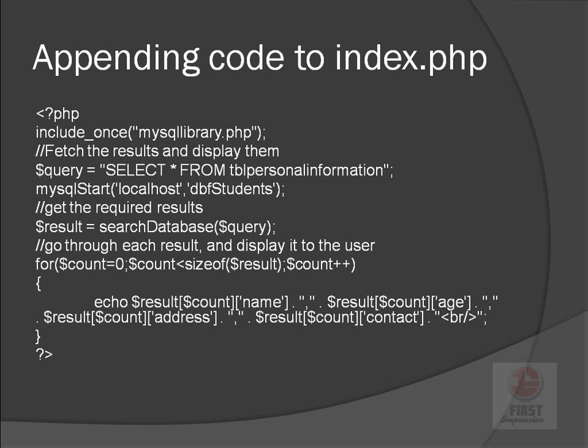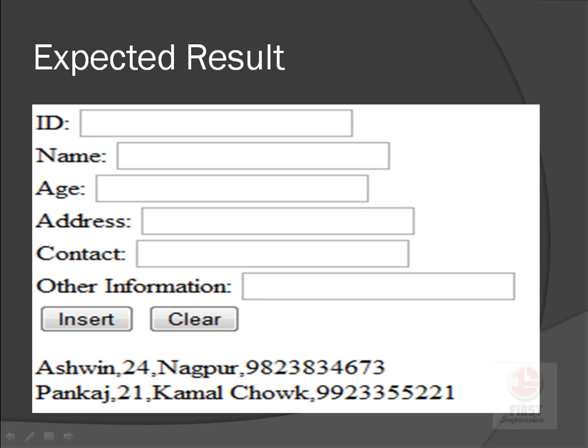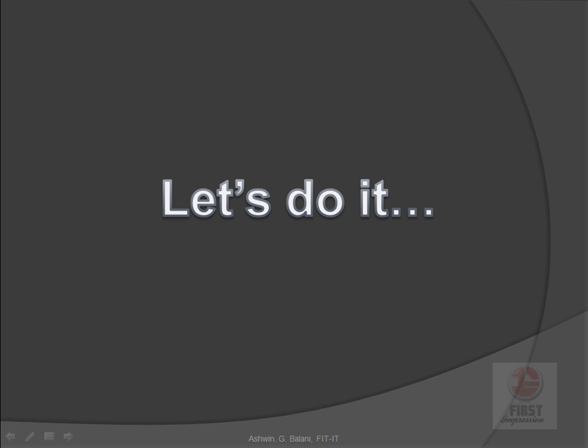Okay, so the code is very small, but the logic behind it is to be understood, that you are going from count equals 0 to the size of the result, and inside this for loop you are outputting each of the records: name, comma, age, comma, address, comma, contact. So the expected result should be, if I give the name as Ashwin, the age, the address, the contact, and other information, and I click on insert, the record must be inserted. If I give the name as Pankaj, age, address, contact, other information, click on insert, it should also be inserted. Let's do it in actual practice and see how we get the